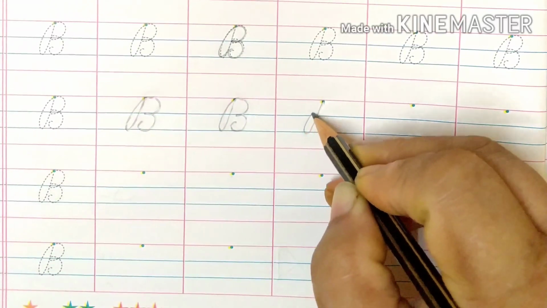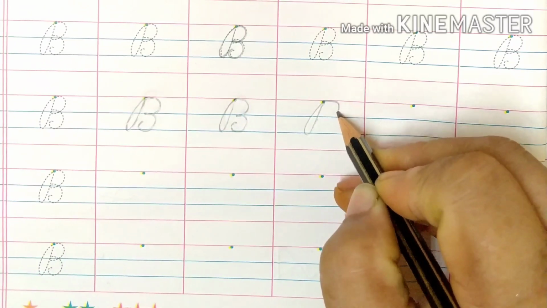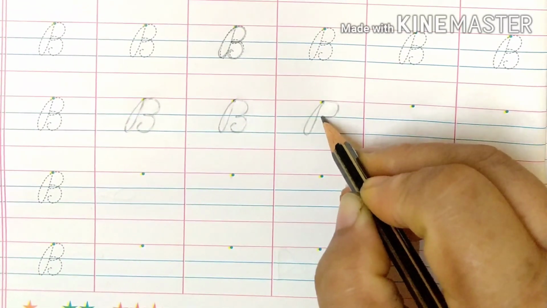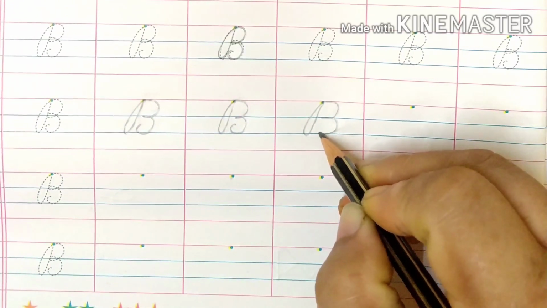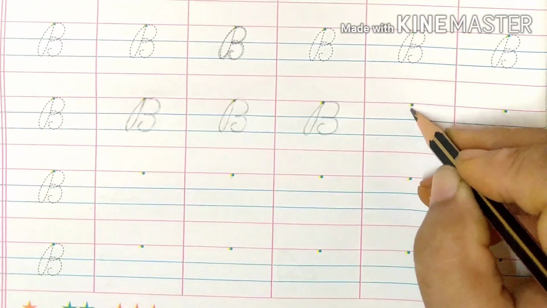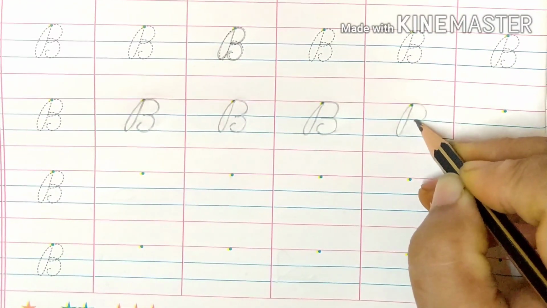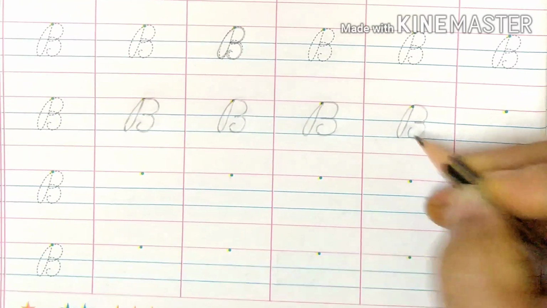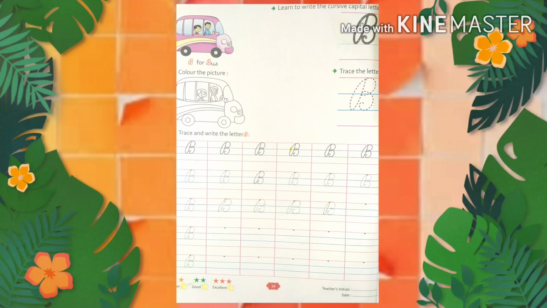Curve it, connect to the top line, curve it, again make a curve and curve it inside like this. Okay, next page is page number 16.